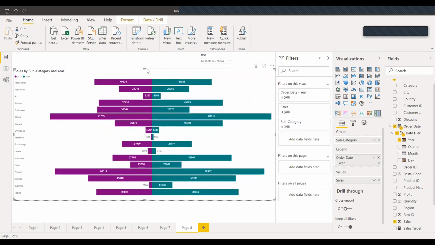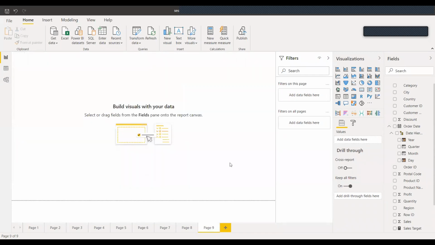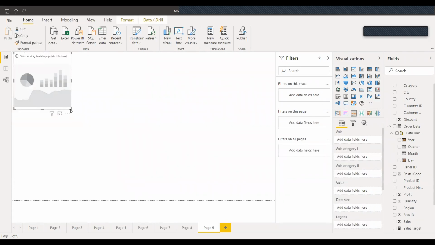Okay, now let's move to the third one, this one. Here it's the same, we'll just pull in this box and whisker chart.